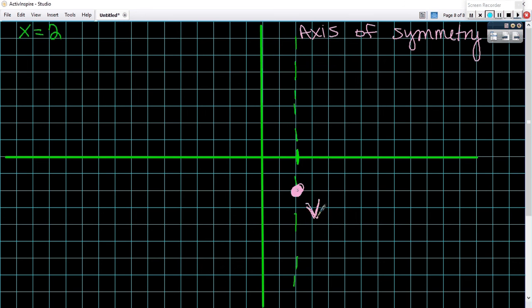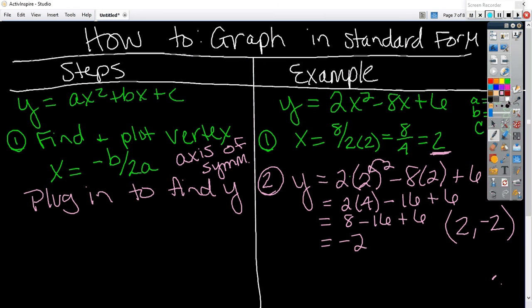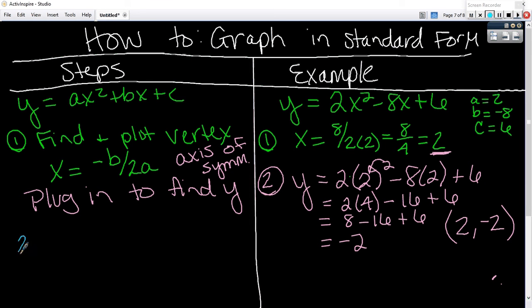I'm going to label it with a V, just so I know. So to find the next point, I need to find the easiest point to plug in that I can think of. So I need to find an easy point. Now, easy points